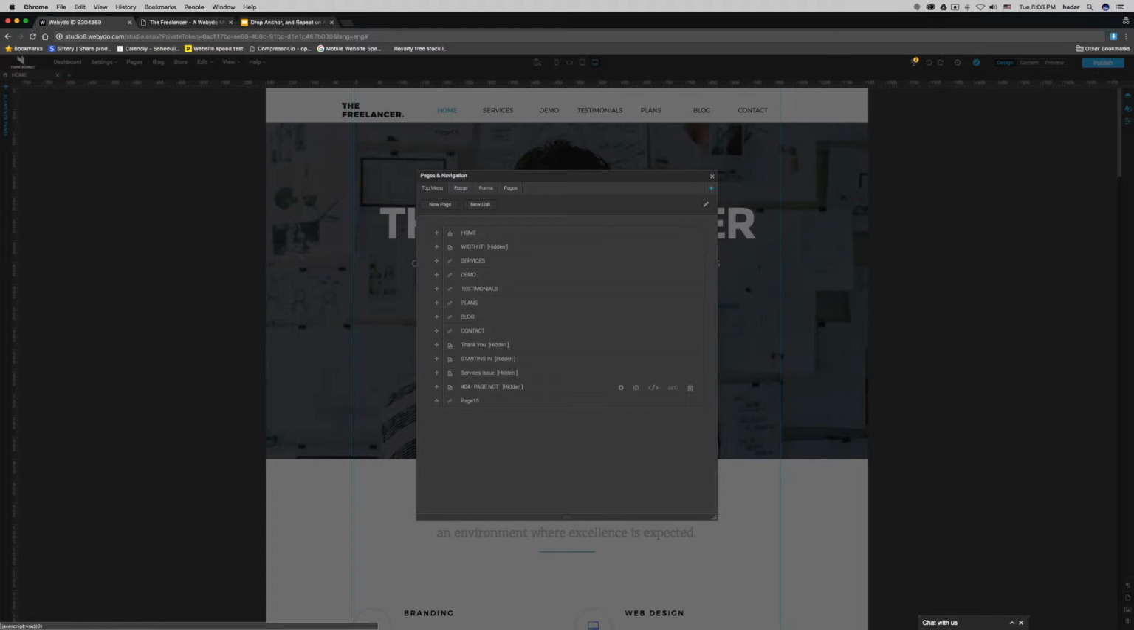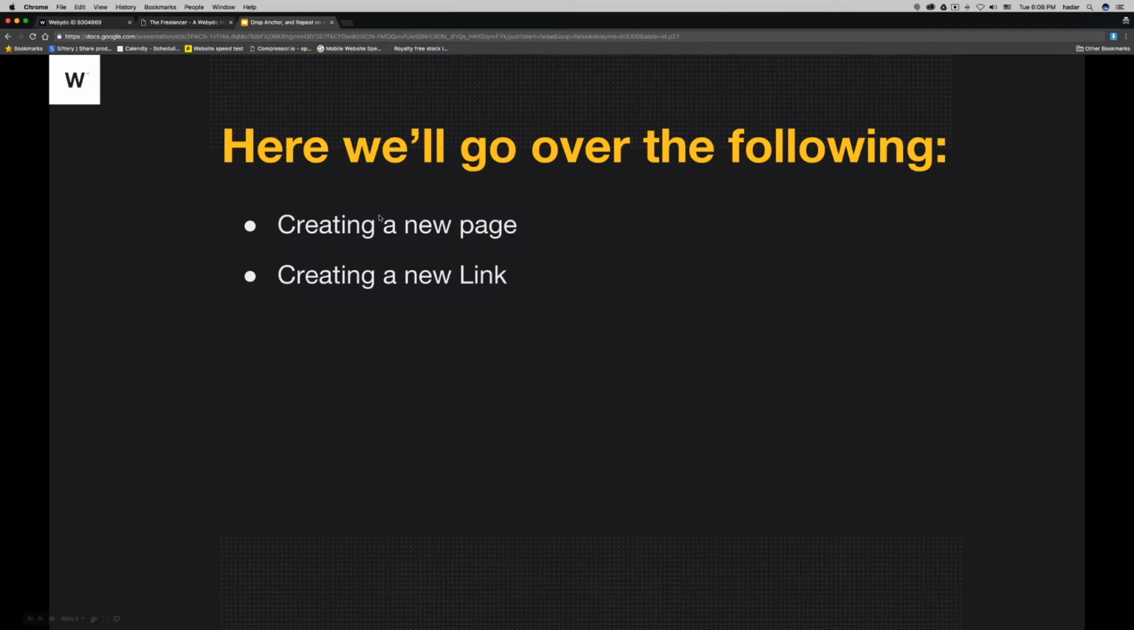Now the difference. How do you realize if it's a link or a page? You see here an icon of a link, and this is an icon of a page. To delete it, we delete it. Next,